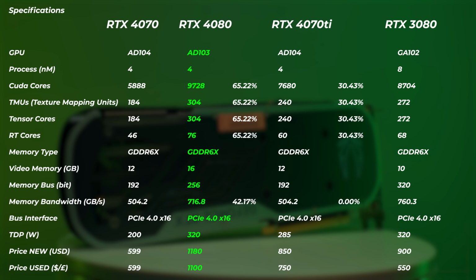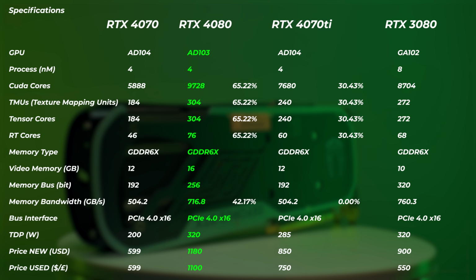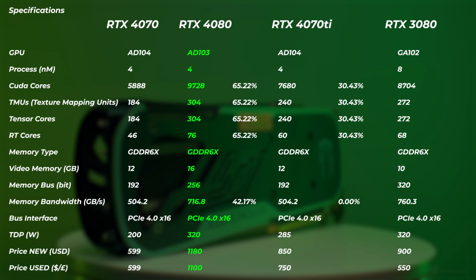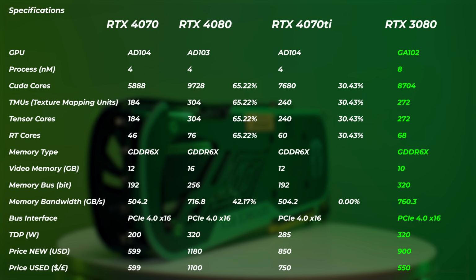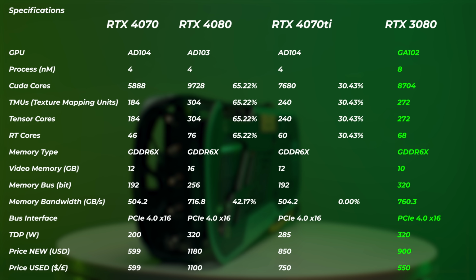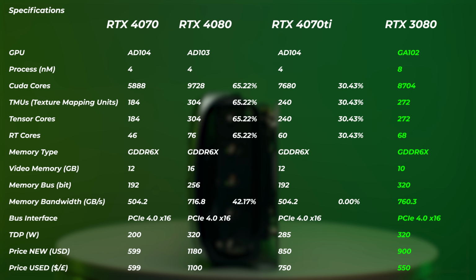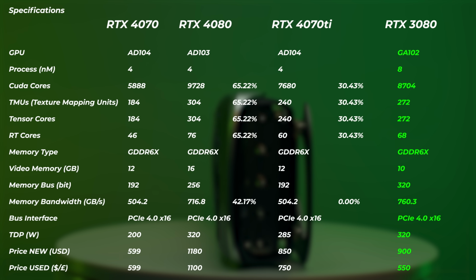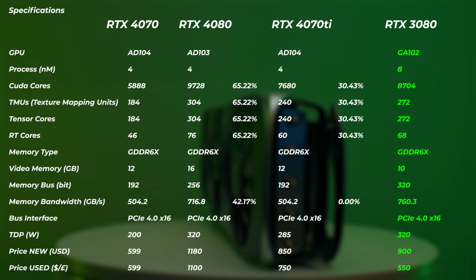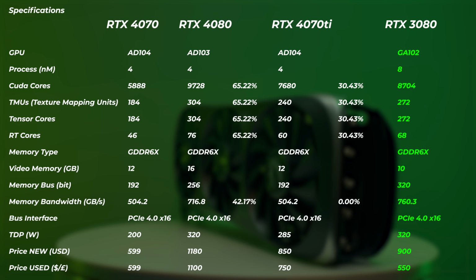We have about 65% more CUDA cores and 16 gigs of VRAM, plus the memory bus is 256-bit. Compared to the 3080, the 3080 has a bit more CUDA cores, TMUs, tensor cores and RT cores, but bear in mind these are previous generation RT cores and tensor cores, which are much better and faster on the new 40 series GPUs. Bear in mind the 3080 also has 10 GB of VRAM, but the memory bus is 320-bit